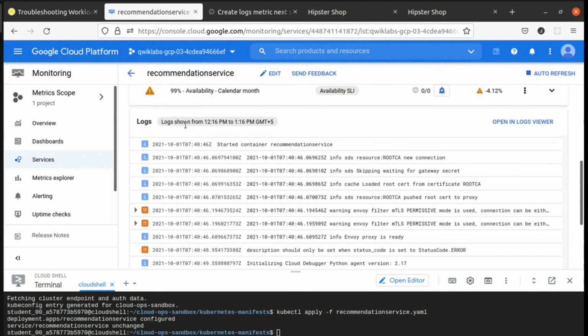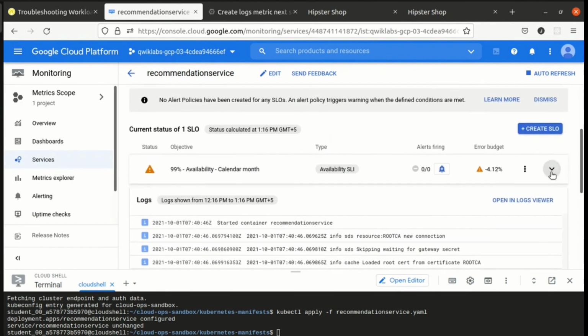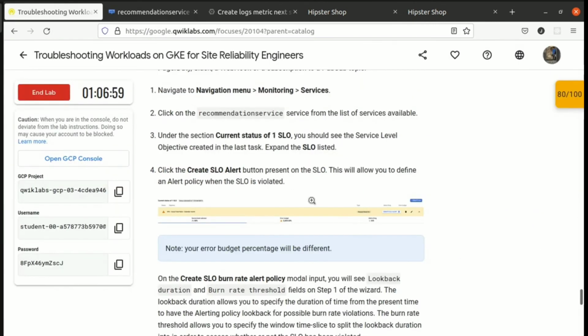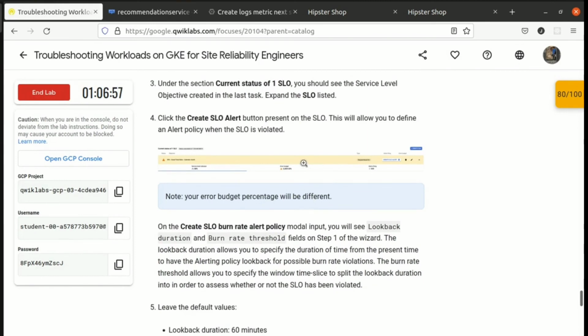This will allow you to click create SLO alert.